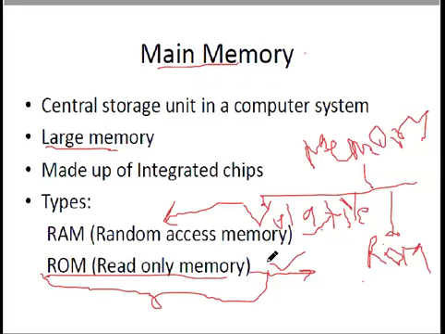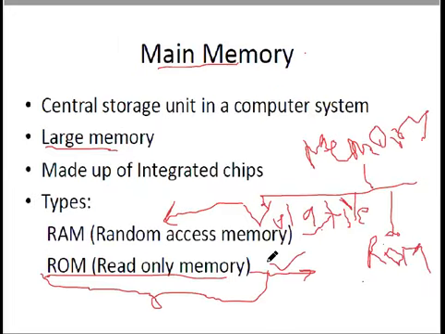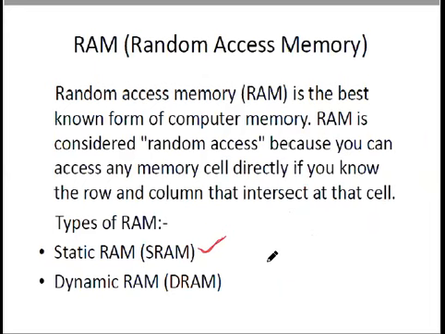RAM are further classified basically. What is volatile? The volatile memory systems are defined as the ones which lose their memory when the power is switched off. When the power is cut off, the memory will lose its data. Whereas in case of ROM, the data is stored in the memory permanently, fused in the memory. So bit cells are permanently fused in case of ROM, as you will see further when the ROM is being utilized as PLDs, programmable logic devices. So they are permanently programmed. PLDs, then CPLDs and FPGAs, they are ROM. We will see what they are.